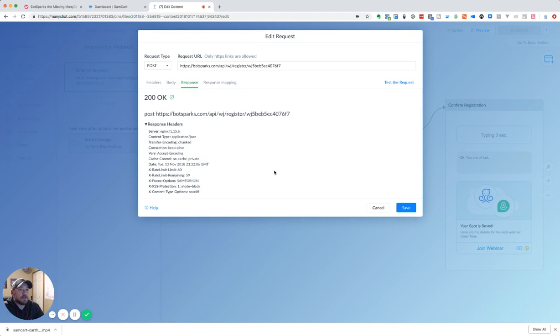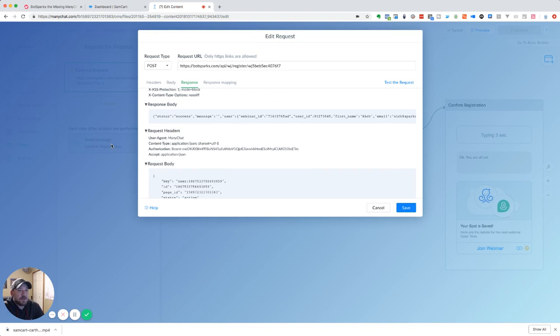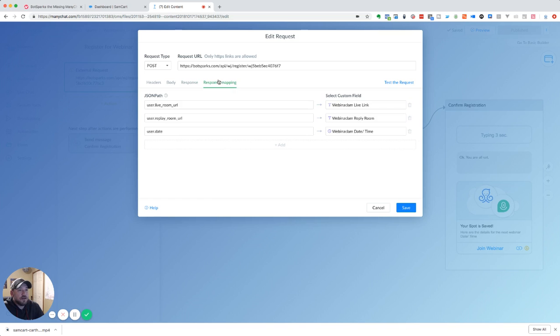Click test our request. And then you should get a 200 OK with a response of the status. And then you've got the user, we've got the webinar ID, the user ID, first name, email, and then all that information that is done. As for setting that JSON path stuff,